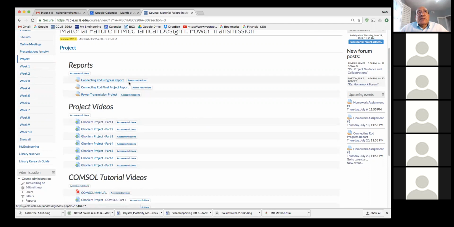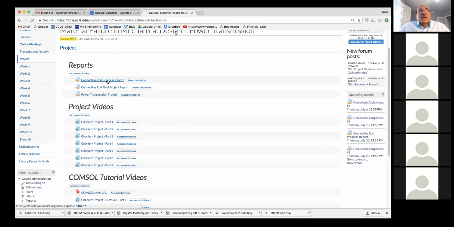Connecting Rob project, this is the progress report, and if you click on Access, you find that it's available July 11th, which means that you will be able to submit a progress report in there.